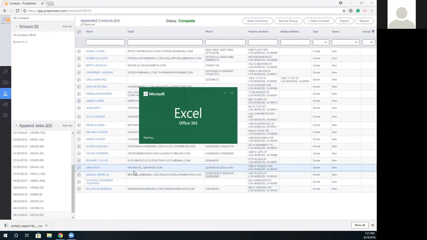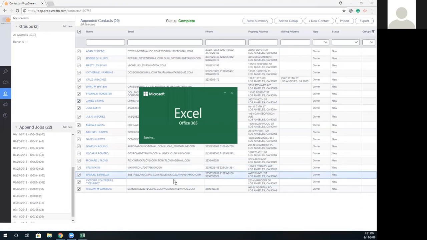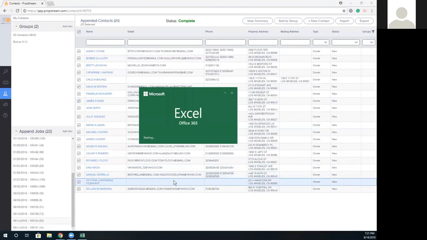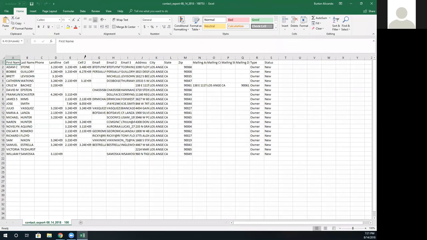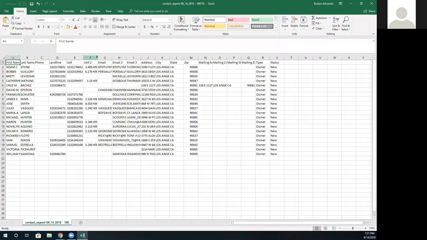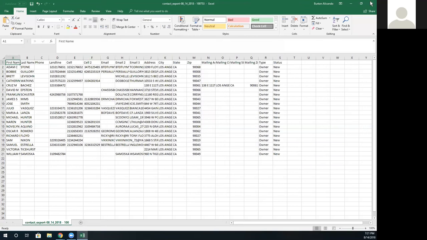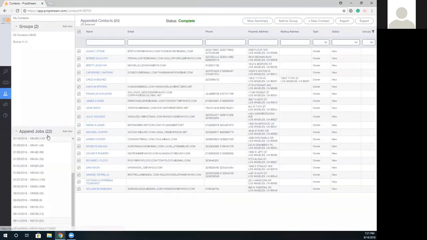For any users out there using Salesforce, or if you have your own marketing websites that you go to, or if you want to hand this to one of your assistants, here's that Excel sheet with their landlines, cell phones, and emails. That's for me the most important feature in our contacts page: to collect their data as well as import outside information.